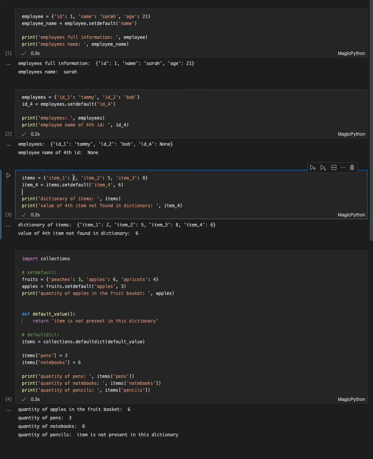So item 1 has two of them, so it's quantity. Item 2, 5. Item 3, 8. So like the quantities of each item. And then here I'm going to declare a fourth key, I'm going to declare an item 4 variable equals